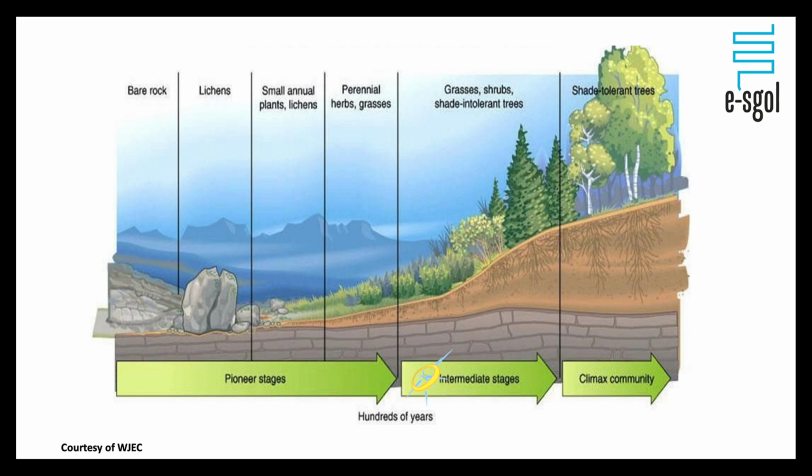In the intermediate stage, we see that we have grasses, shrubs, and shade-intolerant plants, so quite low-growing shrubs and plants that need to be able to receive plenty of sunlight in order for photosynthesis to take place. Again, as we've seen in the previous stages with the previous types of plants, as these more complex plants, the grasses and the shrubs, die and decompose, they are increasing the nutrients in the soil. And you can see here in the intermediate stage how deep that soil now is.